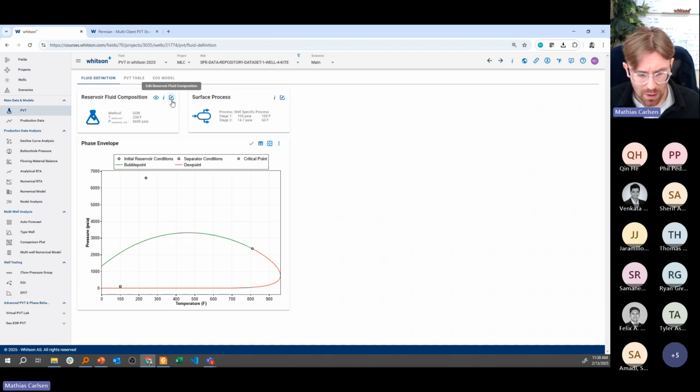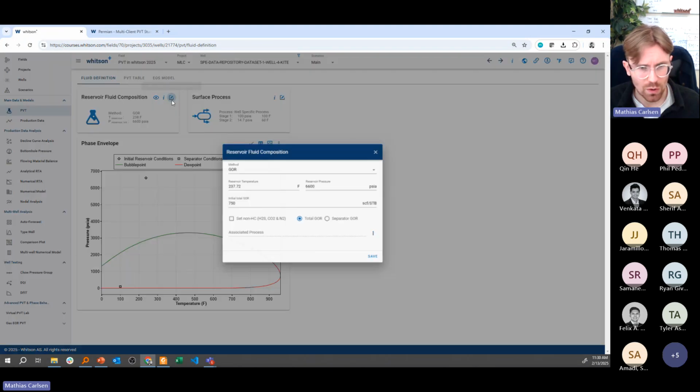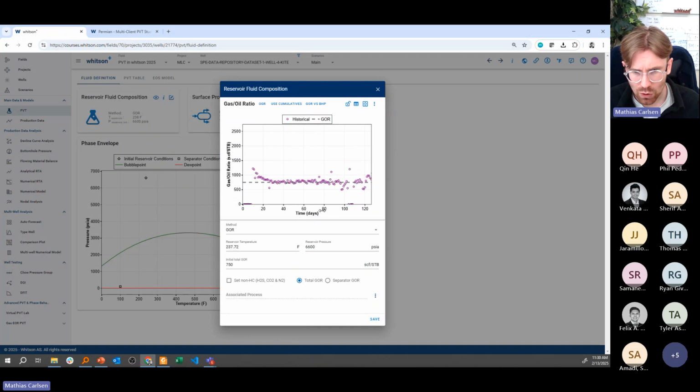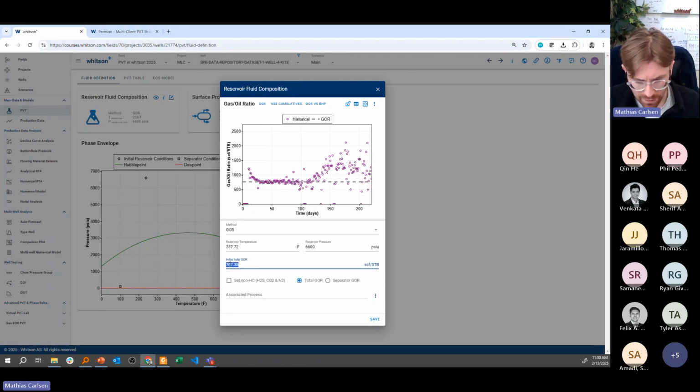And the first thing that we're going to do is to try to come up with an estimate of the initial producing GOR. And the way to come up with an estimate of that would be to either write in a number here or drag and drop this line. In my opinion, if this was my well, I would ignore this early time data right here, and I would go in and pick a GOR of 750. That's probably what I would pick. And then click